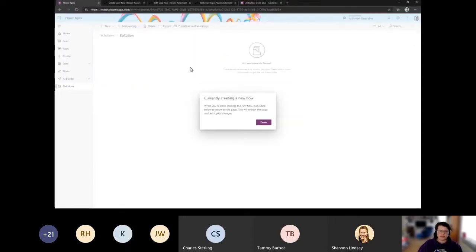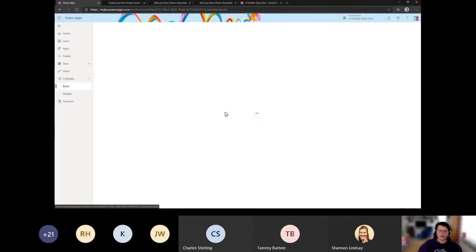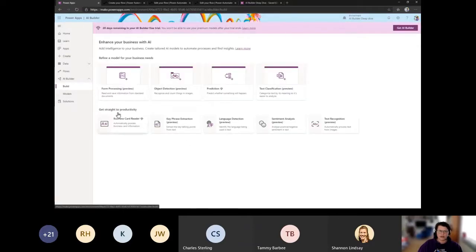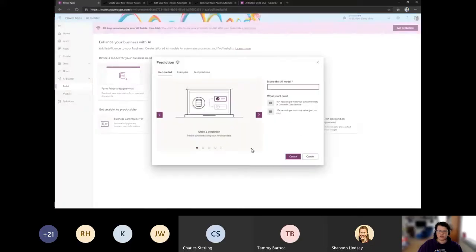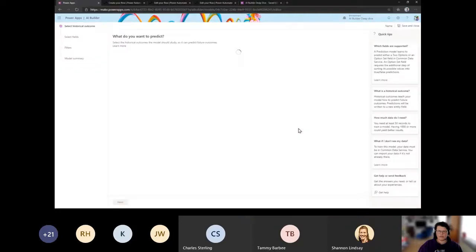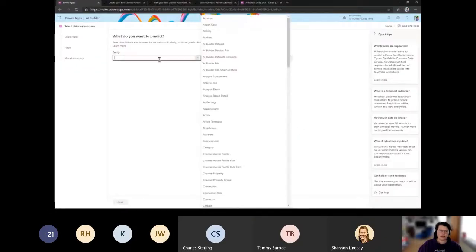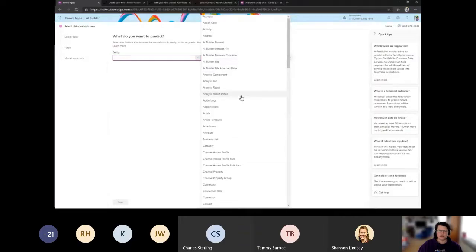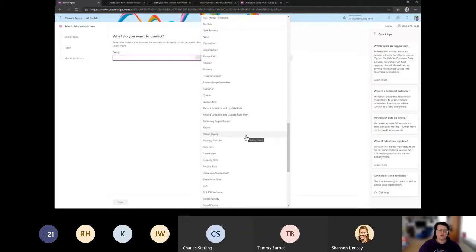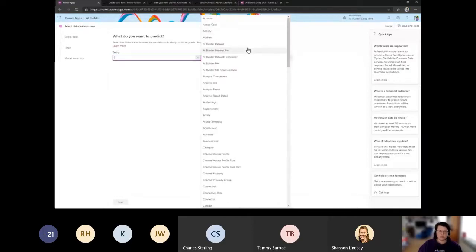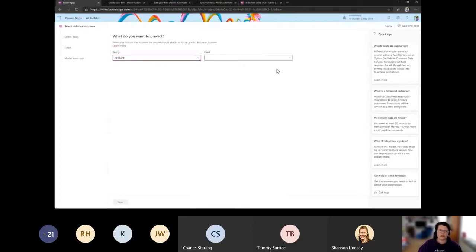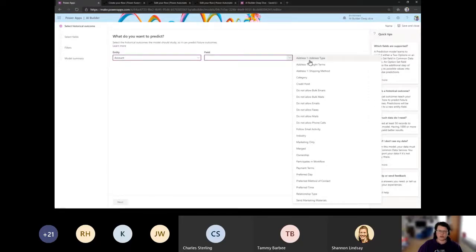So if we look at AI Builder again, and we choose the prediction model, you give it a name. And this is where you need to pick your entities. So you first have to have your data in here, otherwise this will not work. Now I don't have enough data to really show this model, but I can show you